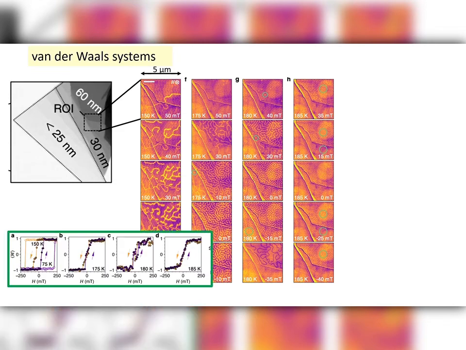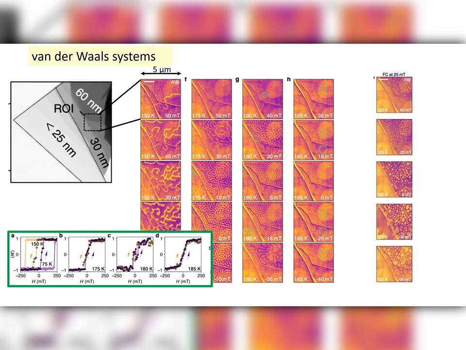What is the advantage also of our method? We can do local hysteresis loops, because these flakes you cannot measure by SQUID. They are too small, too low masses. And here a funny experiment in the field-cooled case. Here at 125 Kelvin, you can start with Skyrmions, which become more and more dense, and then they have these